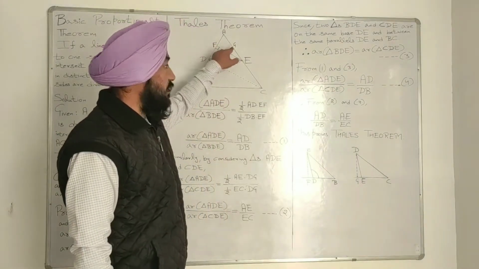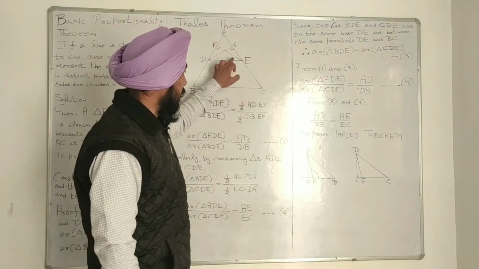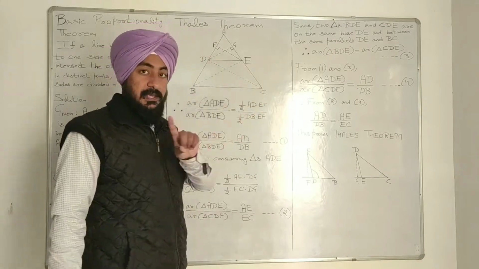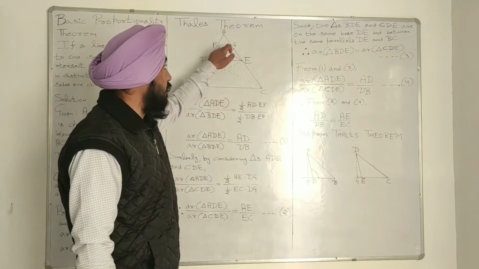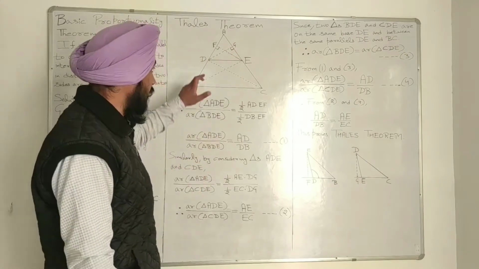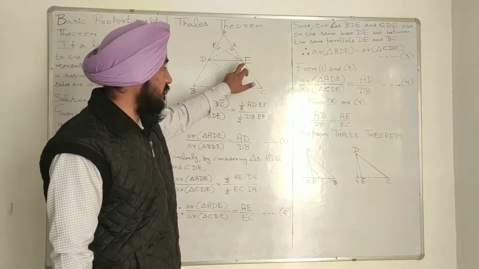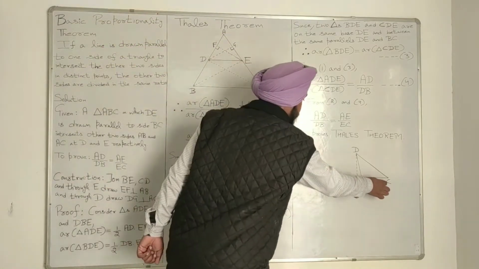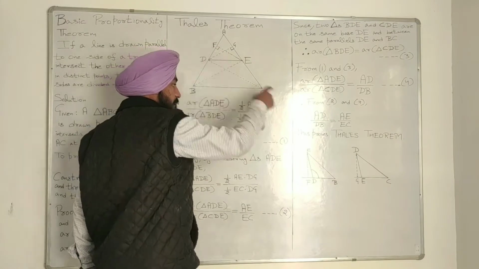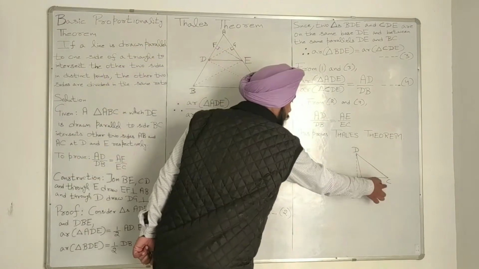I shall take this DG as the height of this obtuse triangle CDE. I'm repeating, this DG is not coming inside this triangle. Instead, I'm taking this DG as the height of this triangle. The same logic we have used here is also applied on this. So I have drawn this triangle. This is C, this is D, and this is E. C and E, and this is the D point.